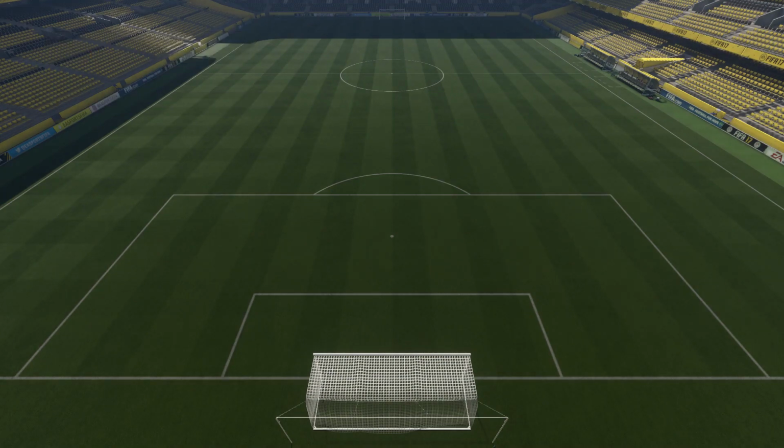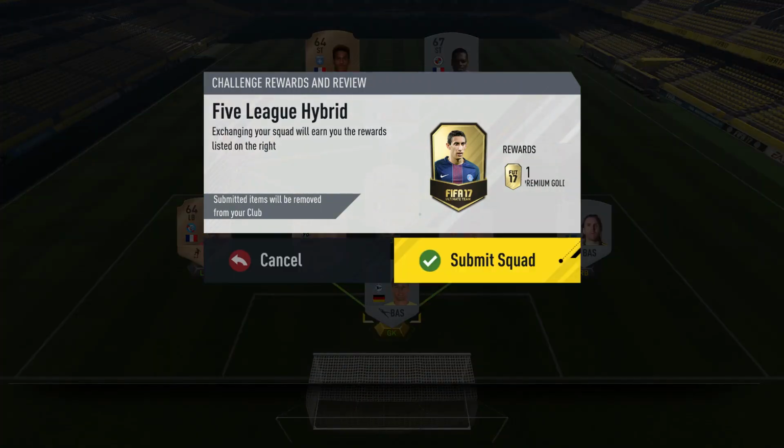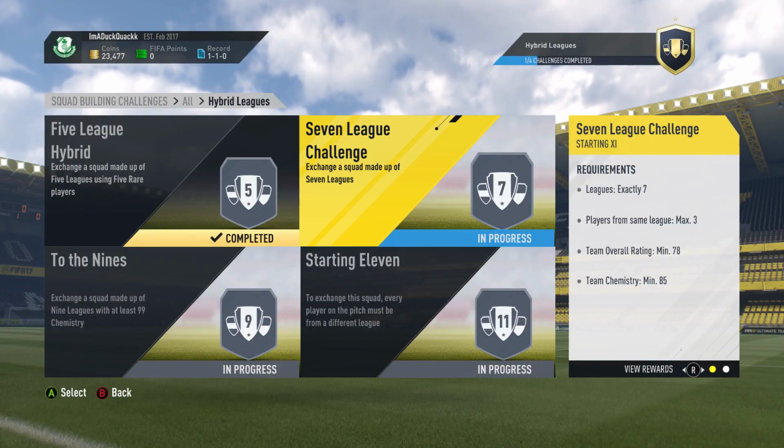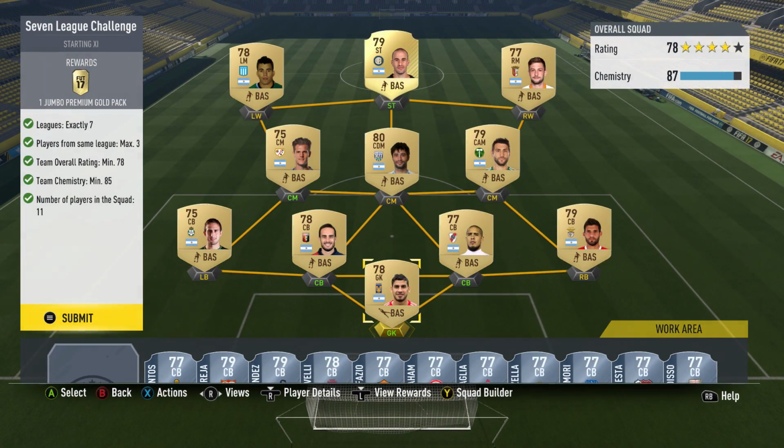As for the other 3 challenges though, we completed all those. As you can see, the first one here, we just used bronze and silver players. It was really nice and cheap, just bidding on them for basically minimum across the board. Then the second one we came into, this one cost us a little bit more. We just made a full